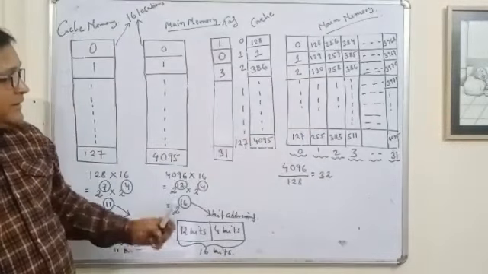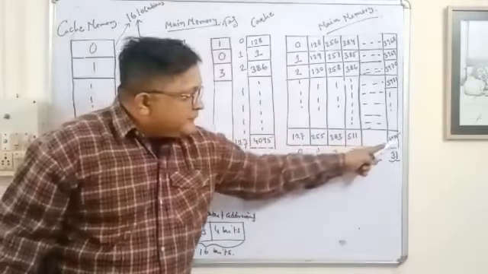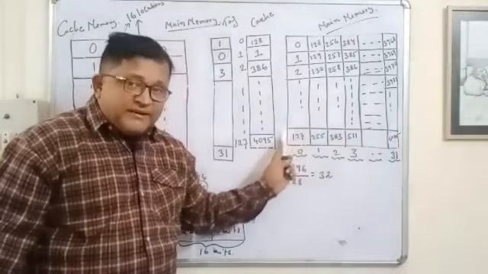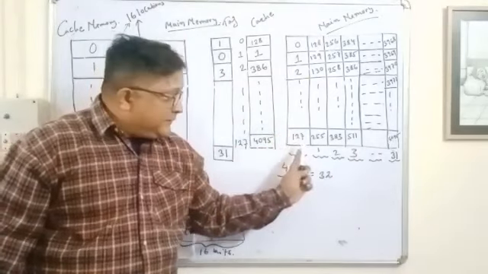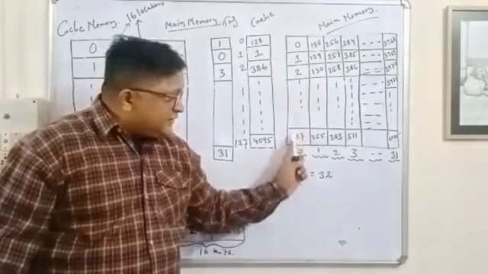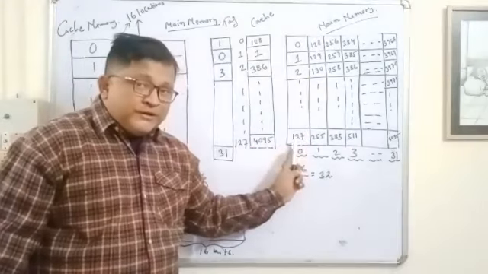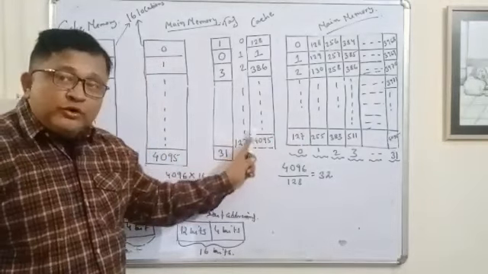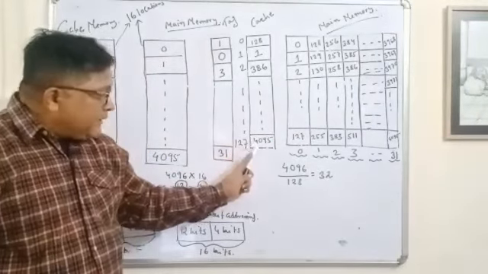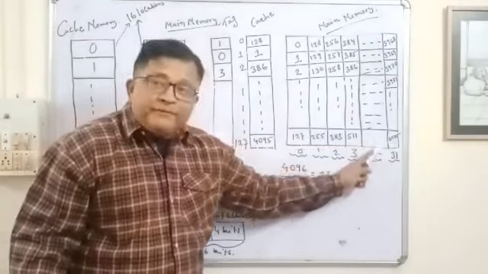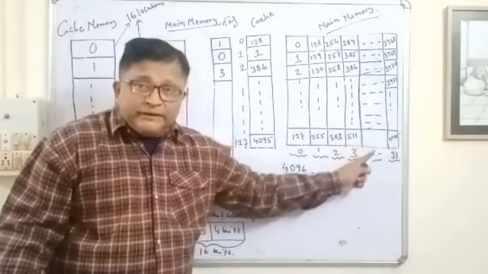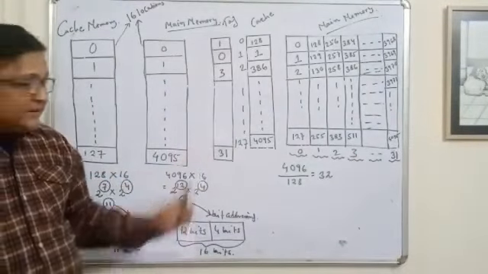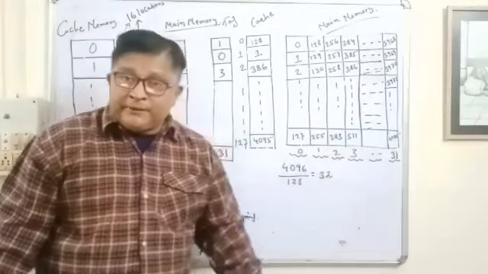Okay, so similarly 4095 is placed in the 127th row of the main memory in this structure. So we can say 127th frame is the one to which 4095 is to be mapped. Now 4095 is taken from block number 31, and block number 31 is represented by the tag 31. Tag 31 represents block 31 in the main memory.